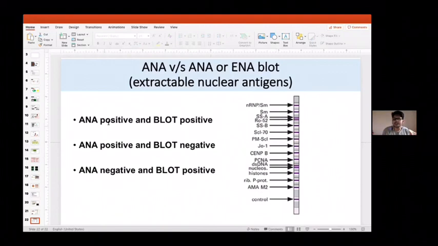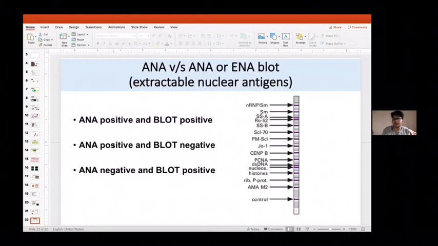Okay, so let's discuss some scenarios. ANA is positive and blot is positive. It's a win-win situation. ANA was positive, now I got 2-3 antibodies, my diagnosis of lupus is clear. Or if ANA has a fine speckle pattern and my blot says it's SSA, SSB positivity, it is likely to be Sjogren's syndrome. But whatever I'm talking, I have my patient in the background. Otherwise, it never helps. A lupus patient can also have SSA, SSB positivity and fine speckle pattern, it doesn't mean the patient has Sjogren's syndrome. It is still lupus because your clinical diagnosis was lupus. Okay, it's all in the interpretation, only in the sense of your clinical context.